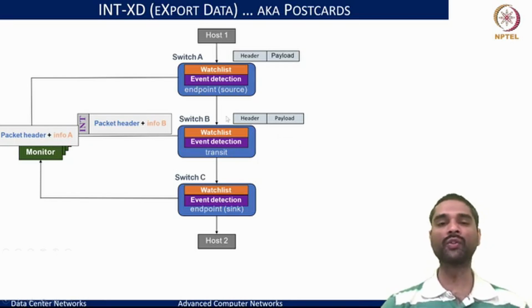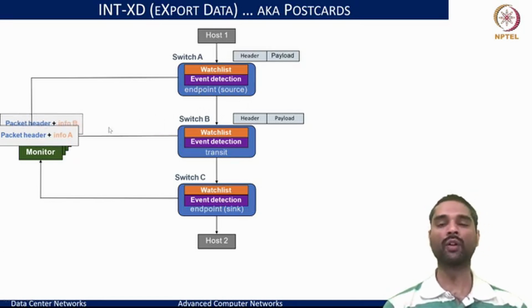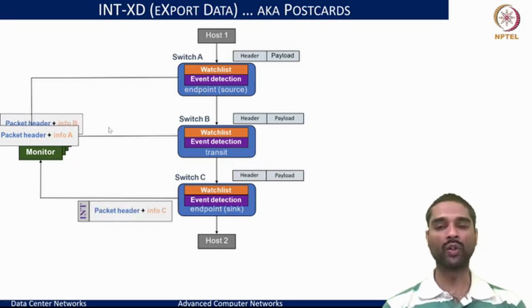And likewise, when switch B sees this information, and if it has its own watch list where this header matches, it might have its own kind of information that it wants to extract. Considering this is a core switch at which the information is flowing, we would want to know which other flows this switch's packets are competing with, and we may want to extract this specific information and the delay information at this switch, so that switch B can add whatever information it wants to add and craft a separate INT packet and send it to the monitor while sending the original packet towards its destination